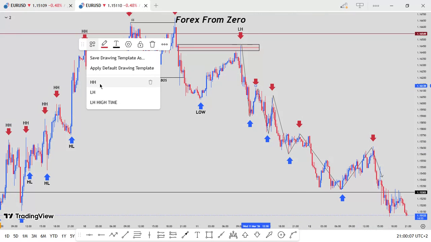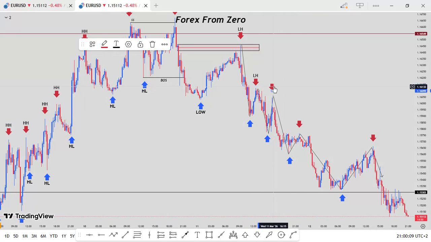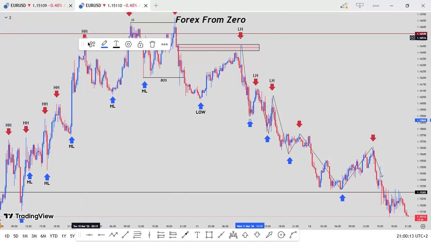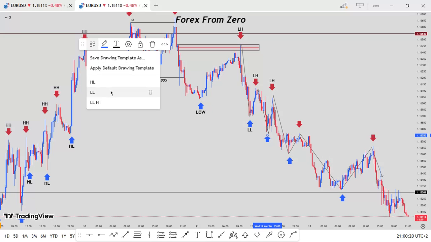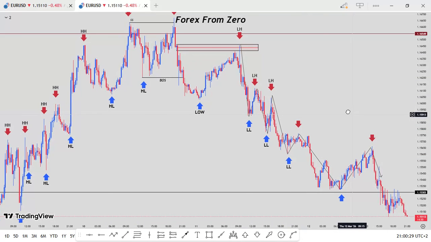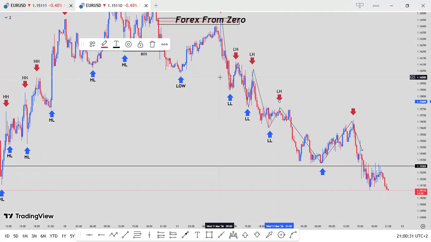So we made our second lower high. So this is our lower low, lower low, lower low again, lower low. Yeah, our lower high. So here we made our lower low and we made our higher